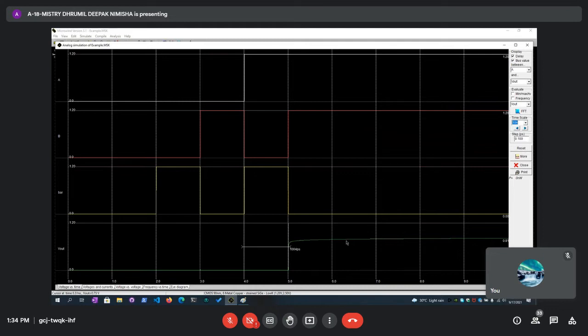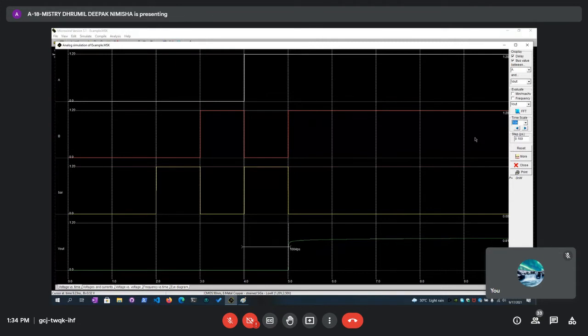Okay, all of you can see what Drumil has simulated. Can all of you, other students, see? Yes, ma'am. Now see, he has implemented it in the right way. The layout is right, and he is getting the output as expected. You can see from the output, it is performing the AND operation. That means in AND, the output will be high only when both the inputs are one. You can see over here when both inputs, A and B, are one, then only the output is high. That is the green color. So you are getting the output as expected, and it is performing the AND operation.